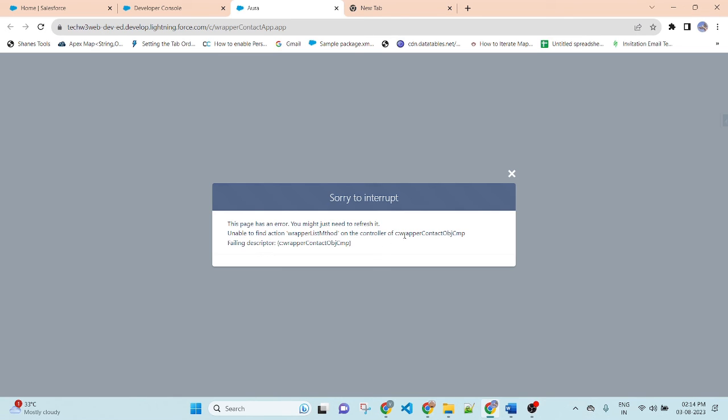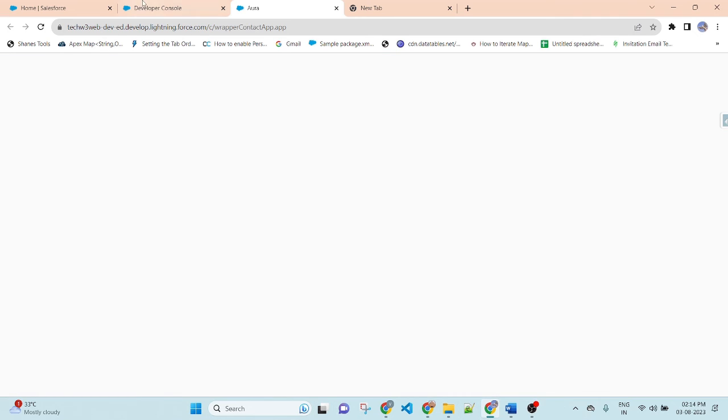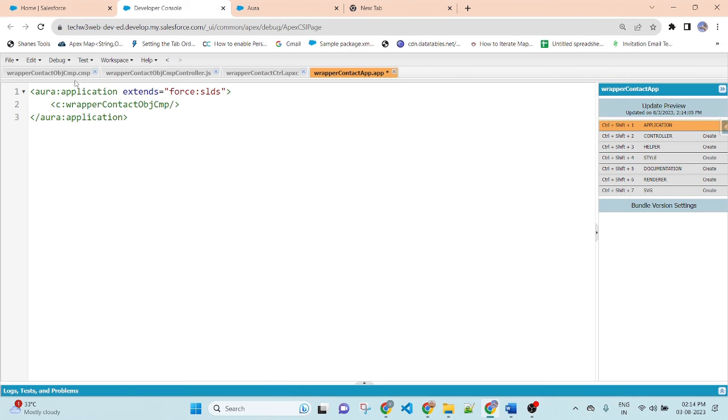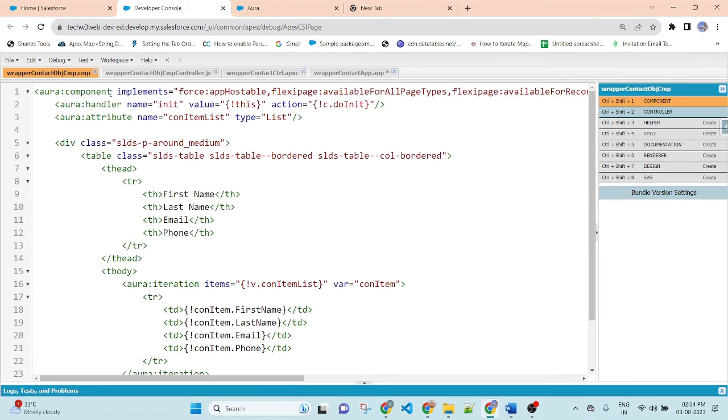So I am getting an error. In the component, I did not call the Apex class controller, so the action method is not found in the component. So here I am using controller equal to, passing the name of the controller.